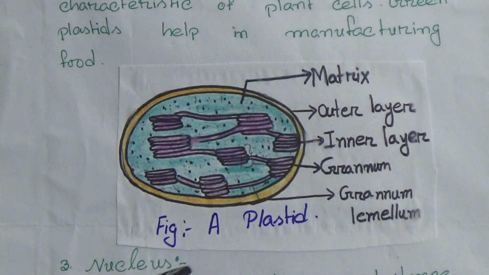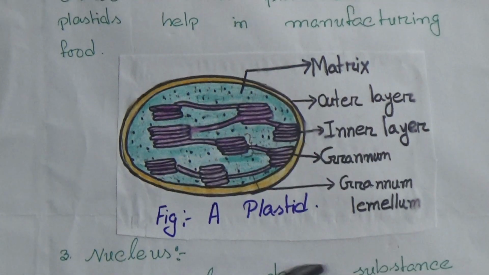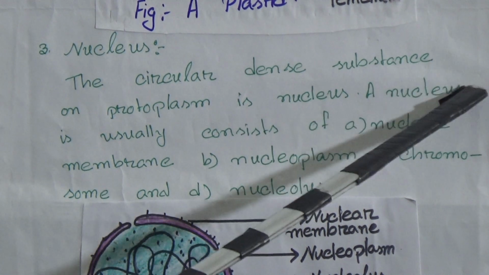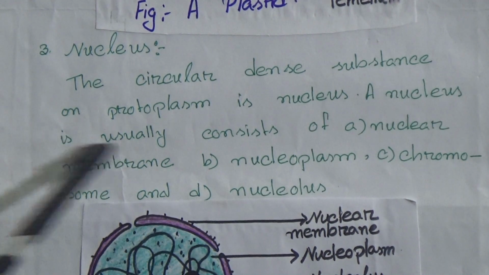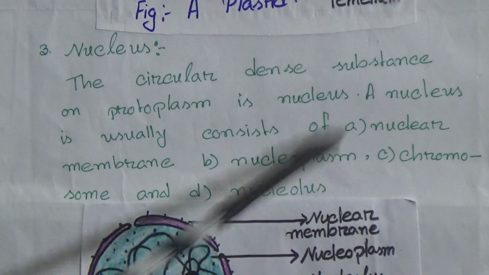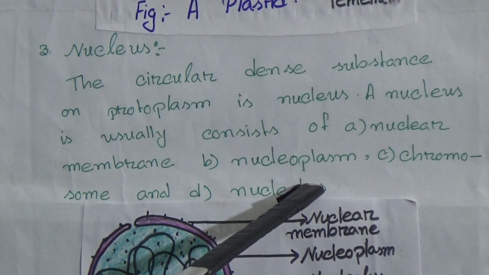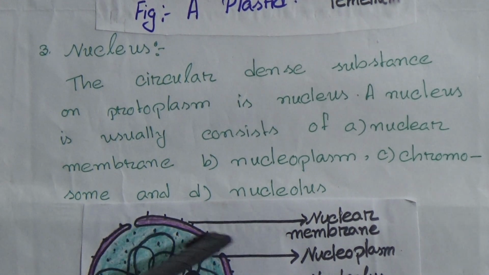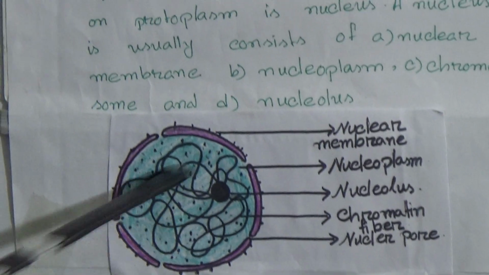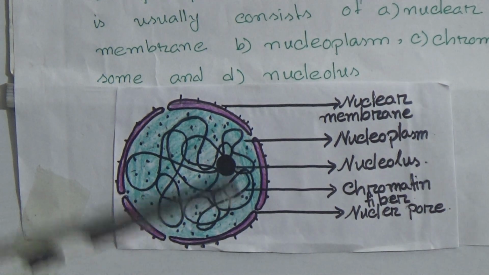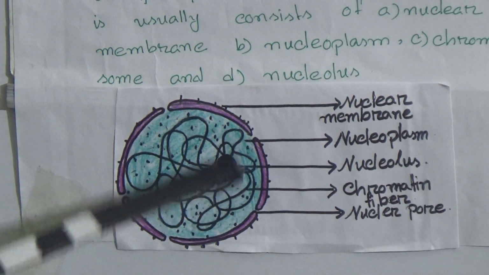Now number 3, nucleus. The circular dense substance in the protoplasm is the nucleus. A nucleus usually consists of nuclear membrane, nucleoplasm, chromosome and nucleolus. You see here the figure of a nucleus. The outer layer of the nucleus is called nuclear membrane, and inside the nucleus the jelly-like wet thing is called nucleoplasm, and then the